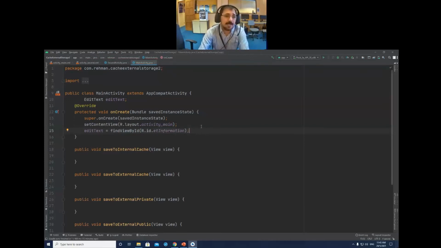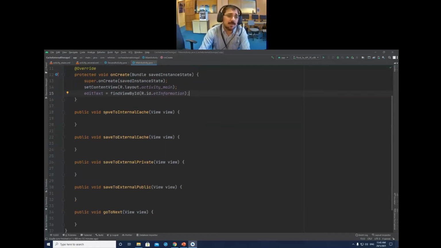Now the second point is that we get the text from it, and then we will write the text in the internal cache, external cache, private or public storage. You need the same four things that last time we did. Let me quickly go over it one time again. Number one, you should have some text, whatever text you have. This text I will get from the edit text that the user will type.